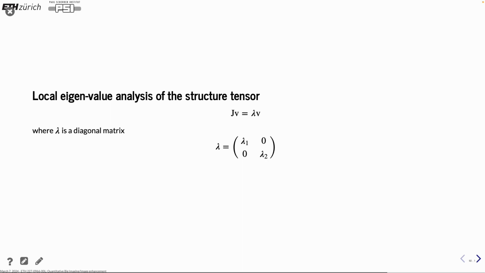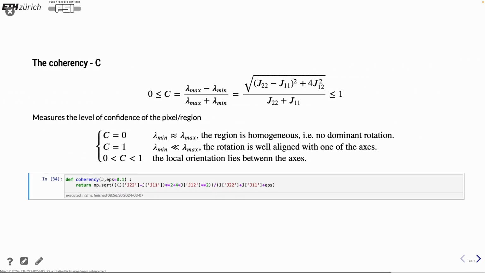Not so much new information yet, but now if we start doing eigenvalue decomposition of this tensor, then it starts getting interesting, because from that we can compute the local coherency, which is